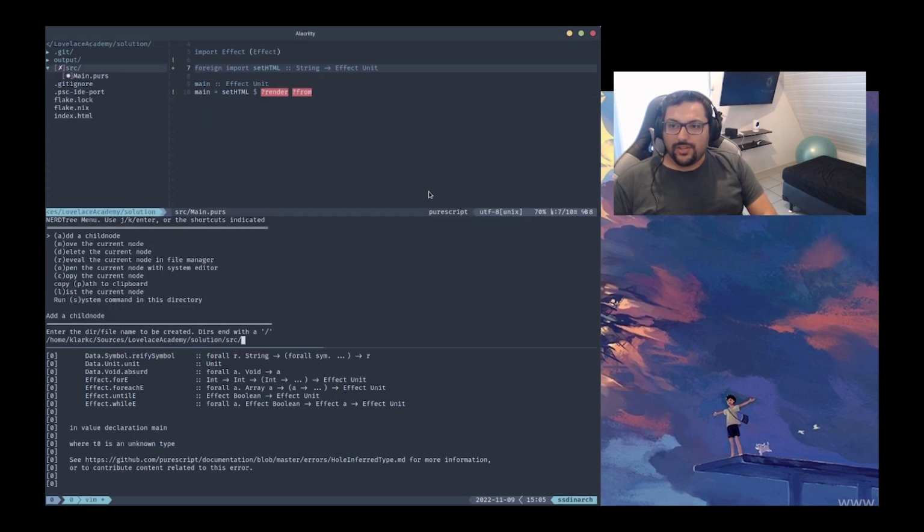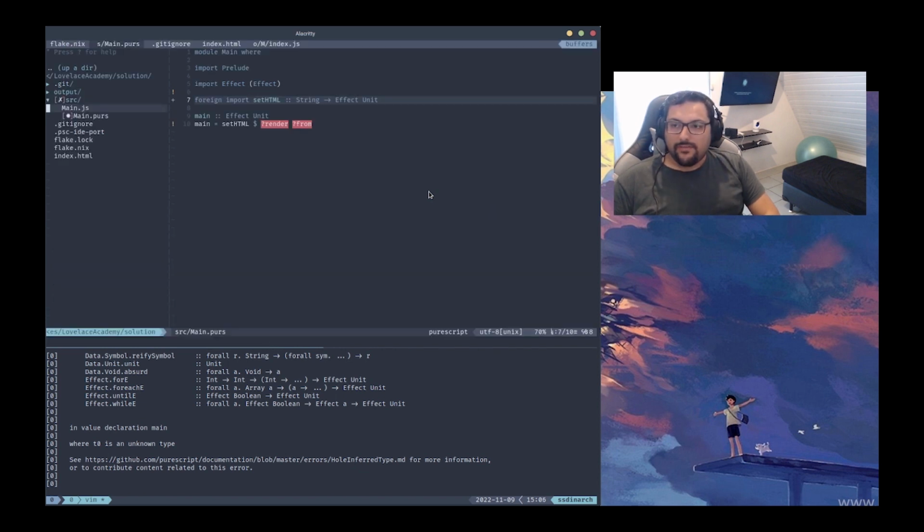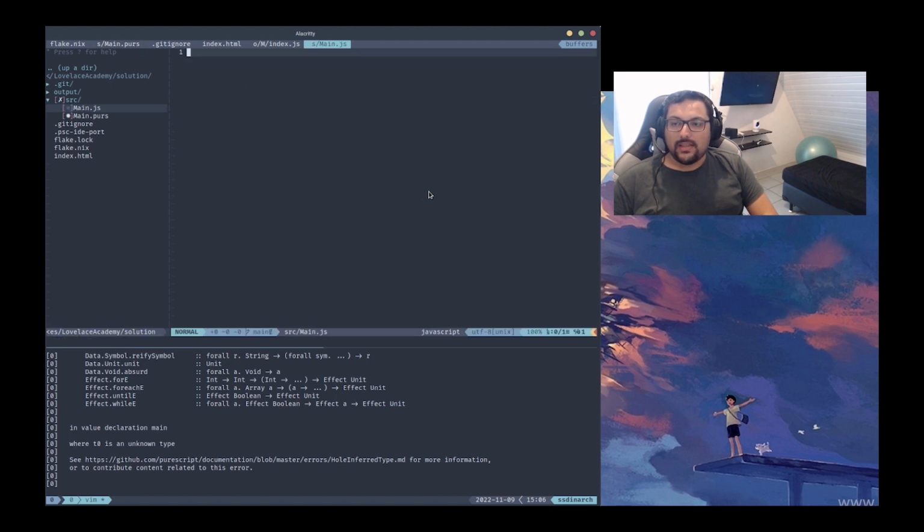To create this function on the JavaScript side, that's how FFI works, so you don't need to worry too much about this. I'll explain better in the future. But you need to have a file with the same name here called main.js and declare and export the function using an ES module. So you're going to have this setHTML function taking some HTML string. Okay, this is a string, and we need to return